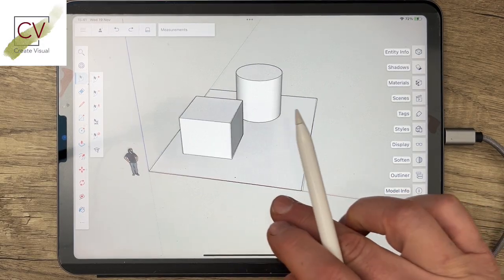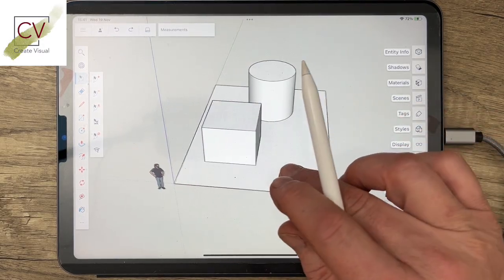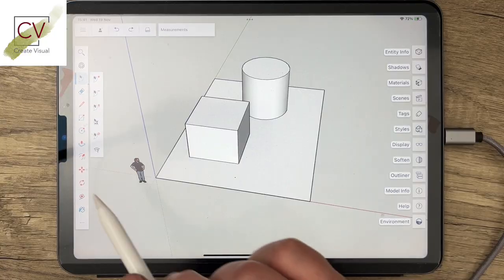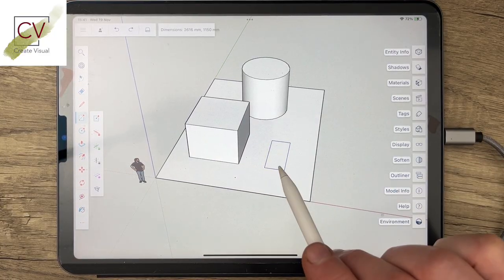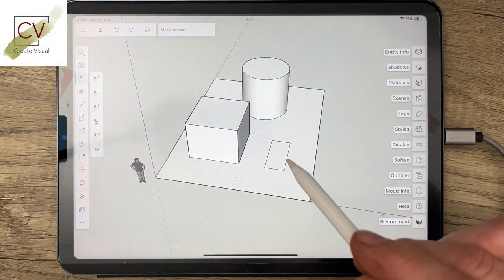To demonstrate the next part of the process, I'd like to add a little colour to this drawing. And so the first thing I'm going to do is actually add another shape. So I'll draw another shape there, and carrying on from the previous video,